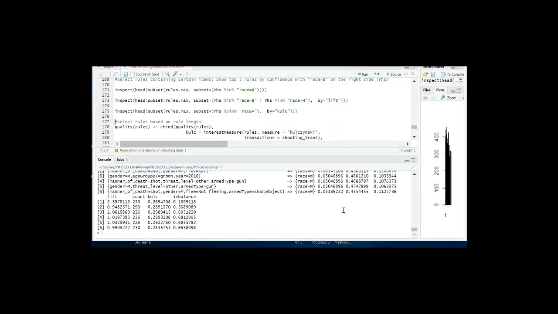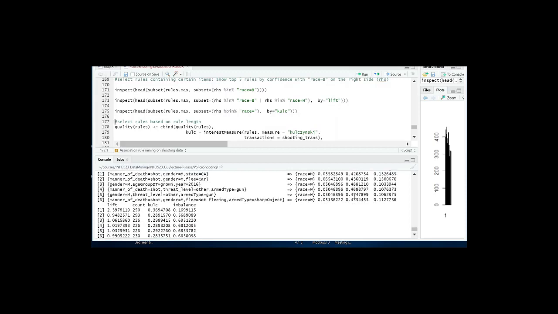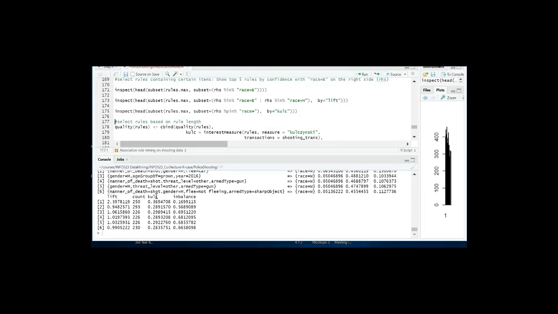So again, if we look at the support, fairly low. If we look at all the Q values, fairly low. Those indicate a negative association, which says that we don't have a strong pattern involving race in this data set.